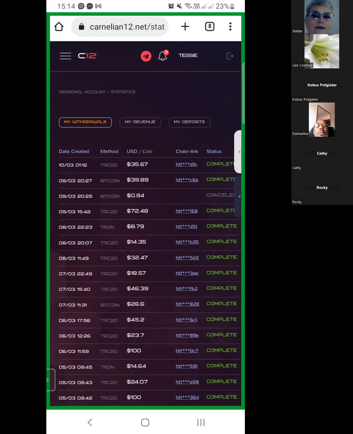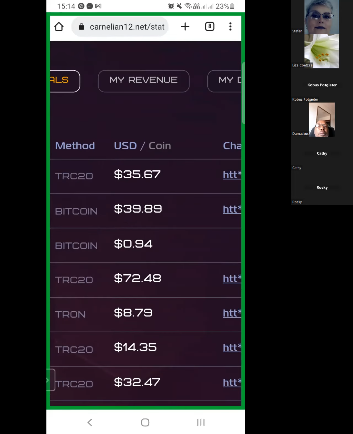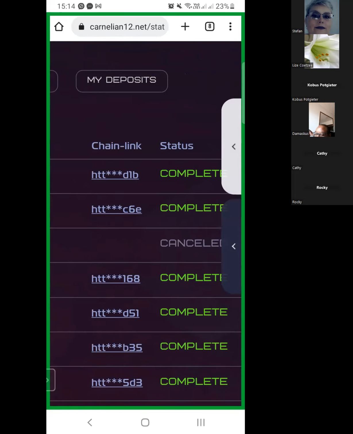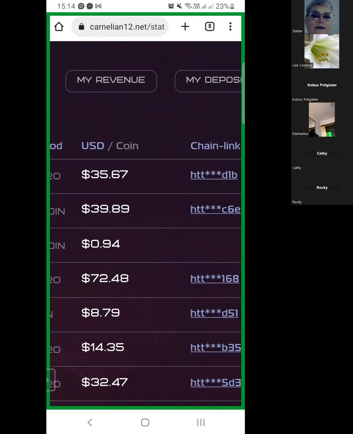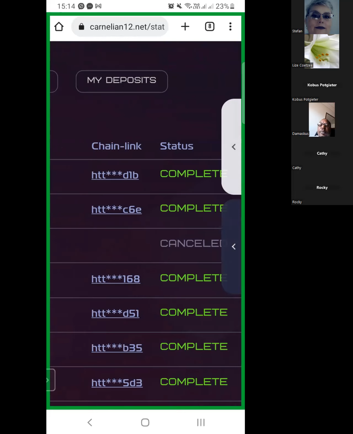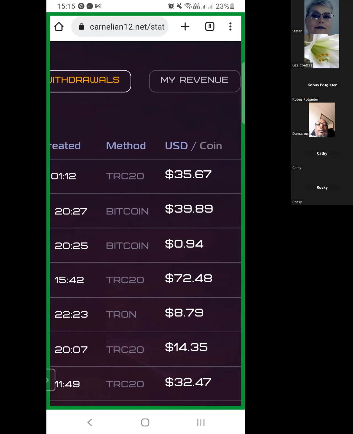It'll show me there. What happened there? I made a mistake. I wanted to withdraw some Bitcoins. I made a mistake. I could go here and I could cancel it. It was cancelled and I could get another transaction. So here,